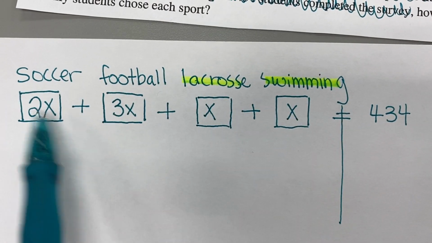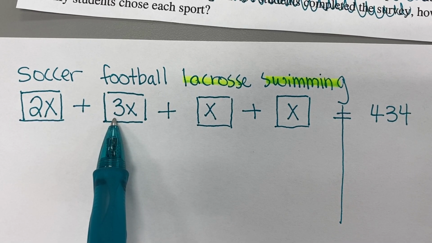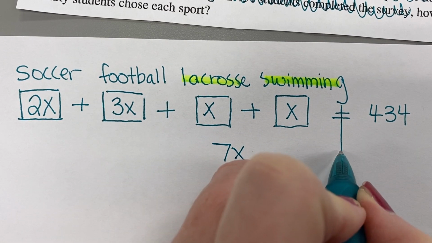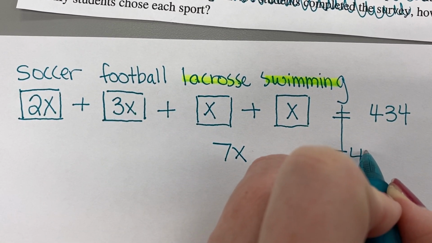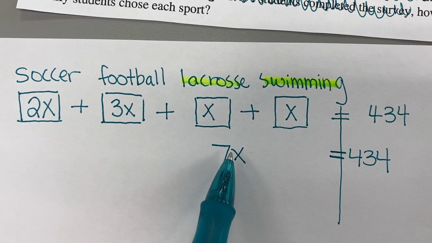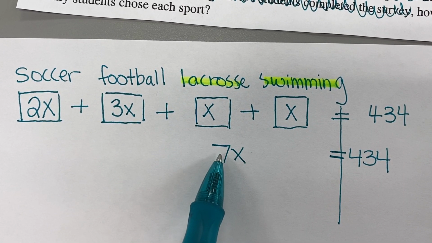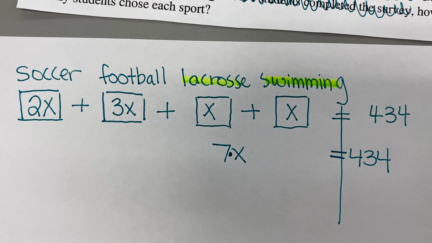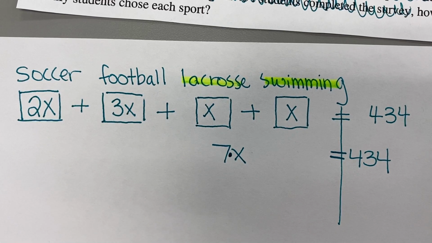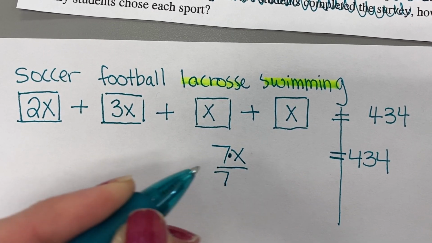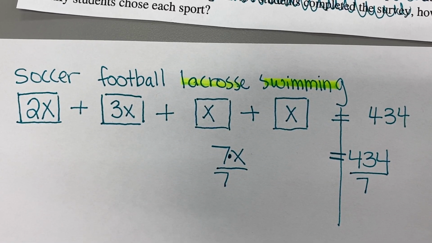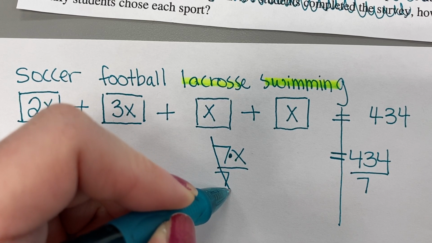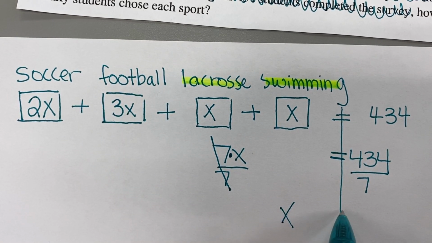So let's add these together. 2x plus 3x, 5x, 6x, 7x. So I've got 7x on the left side equals 434. Now we want to solve for this x. We want to get it alone. We want to get rid of 7. Well, the operation being done right now between the 7 and the x is multiplication, so the opposite operation is division. So I'm going to divide by 7 on both sides. 7 divided by 7 is 1, and 1 times x is just x equals